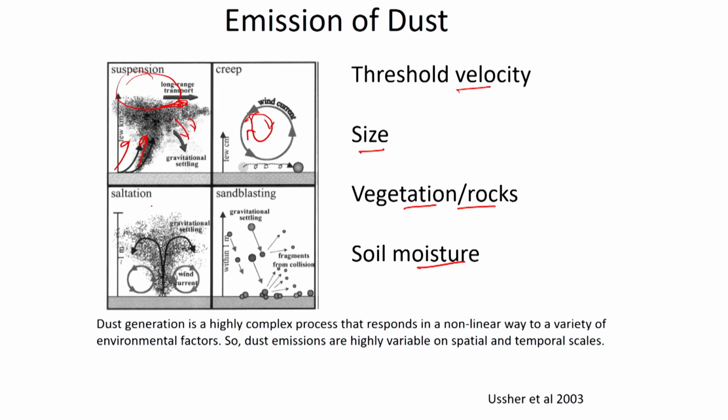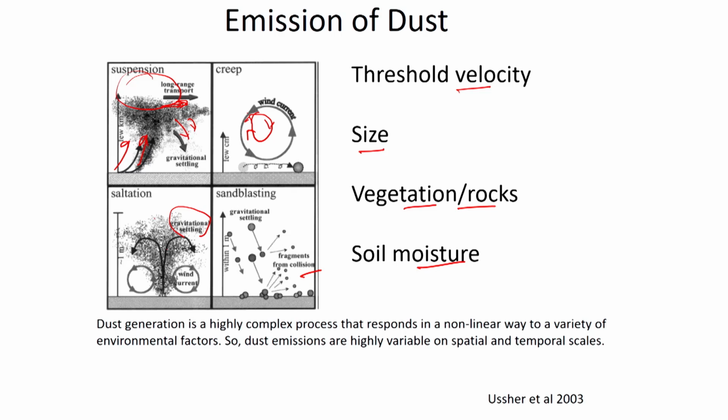Then you can have gravitational settling, or wind currents can take it up and spread the aerosols, like plumes coming and then spreading like this, and then the aerosols are deposited. Then you can have sand blasting as well, where different fragments collide with each other, and they can either be aggregated to form bigger dust aerosols, or they can just be broken into smaller